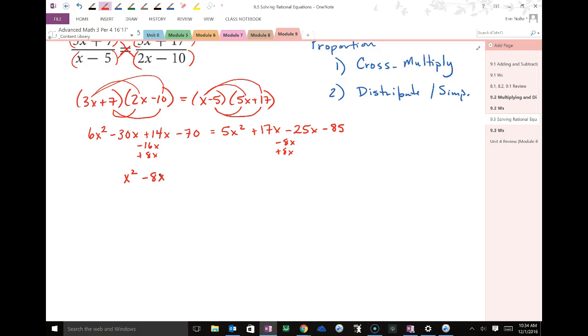Okay, so for my constant, I'm just going to add this 85 over. So what's negative 70 plus 85? 15. Okay, so now that it's set equal to 0, what's a method that I could use to solve that